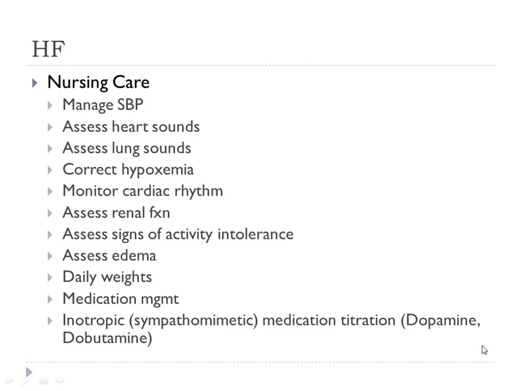Cardiac rhythm, renal function, because what? Urinary output is a good indicator of cardiac output. That's the big problem here. So we want the patient to have renal function, because we want them to be able to process off extra fluid. If they can't, they're going to have a heart failure exacerbation. A lot of times you'll have patients with chronic renal disease and heart failure. Terrible combination. They probably got renal failure because of chronic hypertension and because they had heart failure. So, anyhow.